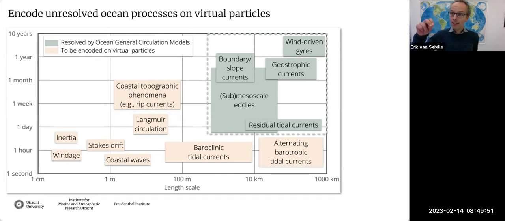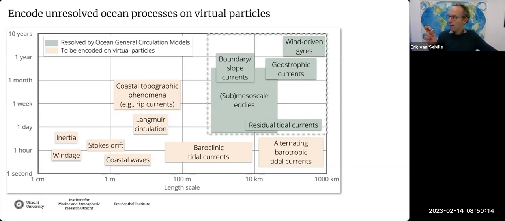You can just calculate the local barotropic velocity from that product. It's not within the OGCM, but you can then say that the tides will move the particle in a certain way. And the good thing is that because they're all sines and cosines, they're all trigonometric functions, you can literally